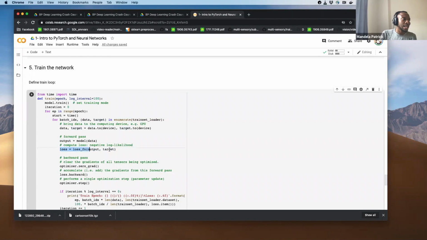This loss basically tells the neural network how off it was on its predictions. Then we do loss.backward, which is what we call the backpropagation step. Given the loss, we update the weights of the neural network. Here we calculate the gradients, and then here we update the weights using the learning rate, etc.